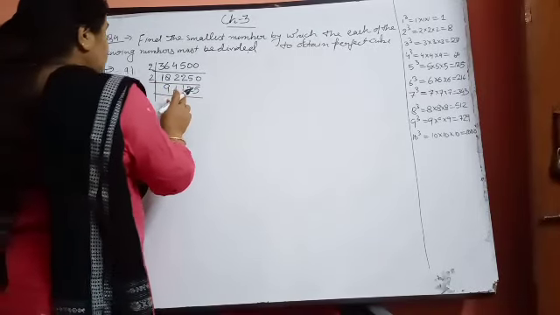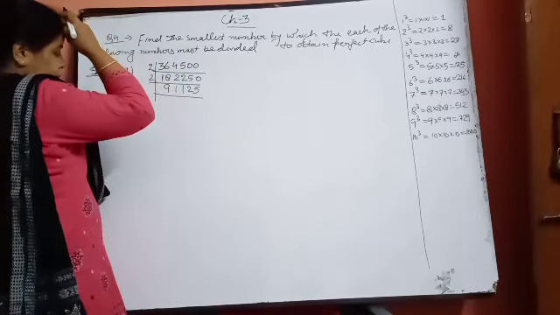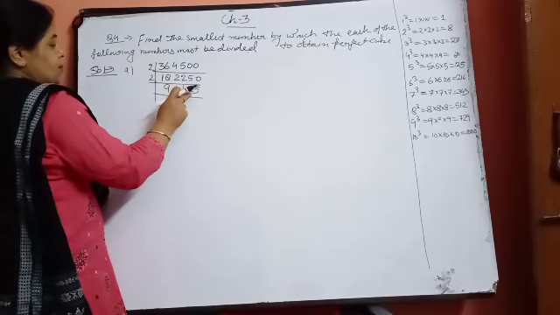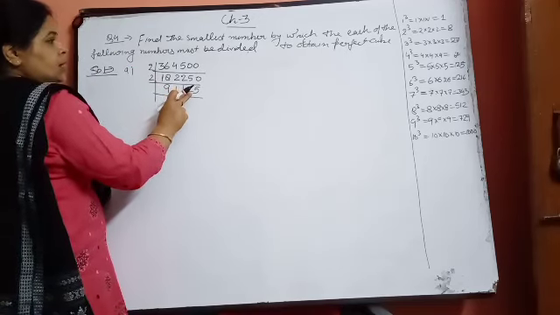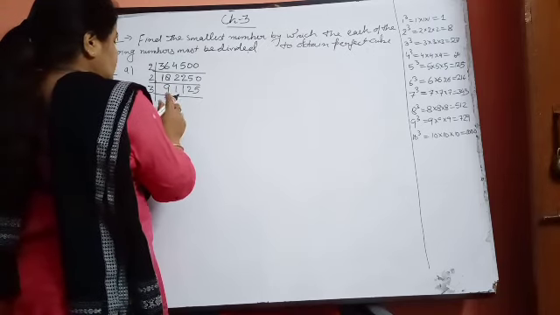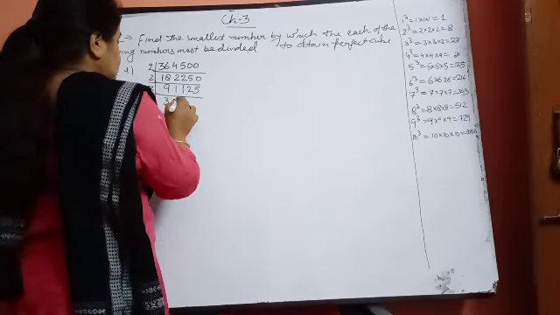Then see whether it will be divisible by 3 or not. 9 plus 1 is 10, 10 plus 1 is 11, 11 plus 2 is 13, 13 plus 5 is 18. It will be divisible by 3. Check by the divisibility rule. 3 threes are 9. Then you bring down 1. Divisibility is not possible. Then 3 threes are 9. 3 sevens are 21. Okay, 21 and 3 fives are 15.